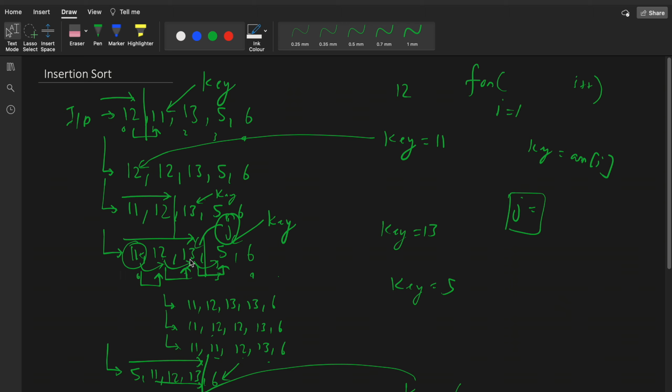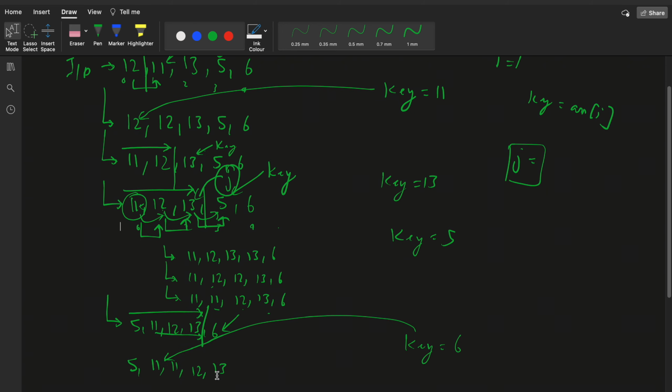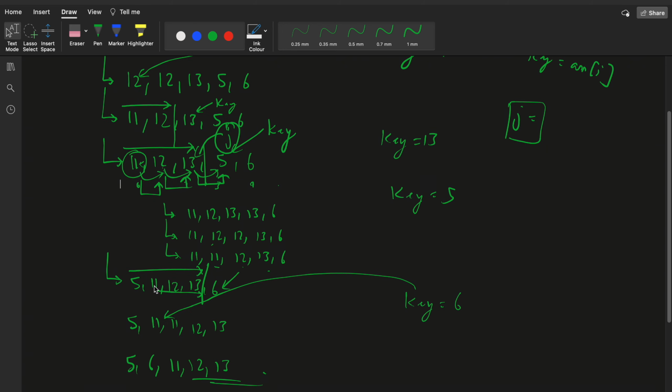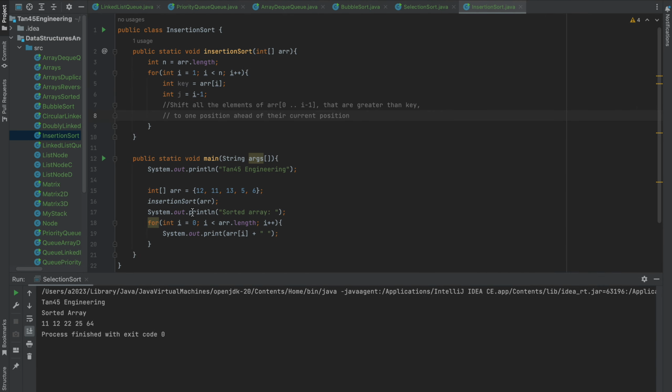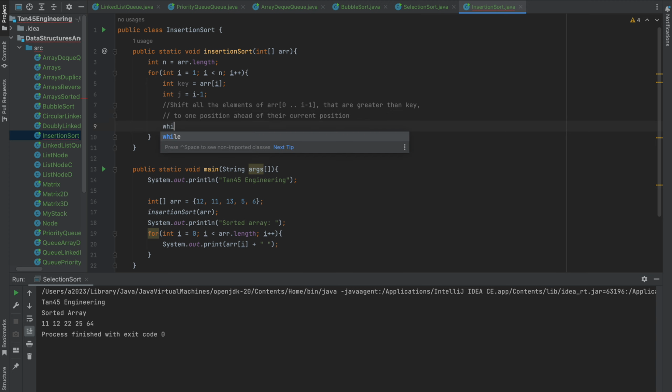Since this part is already sorted, once we have moved all the elements that are greater than key, we don't have to compare the back elements, since they would of course be smaller. Like in this case of 6, we compare 6 only up till 11, and after that, since 5 is already smaller than 6, we don't have to compare any elements before 5 as well, since those would already be sorted. So for this we will say, while j is greater than or equal to 0,